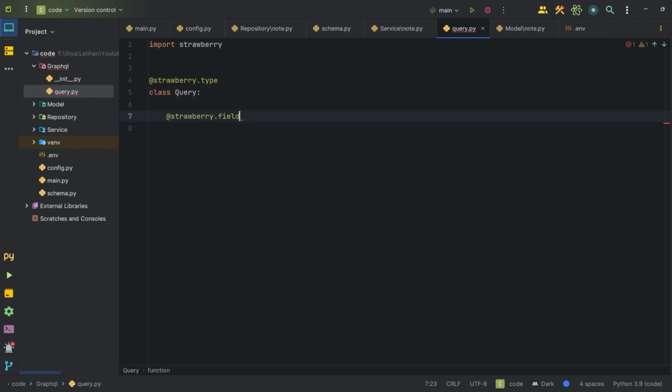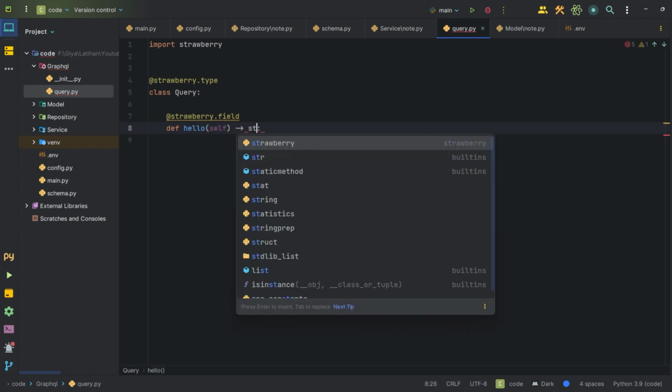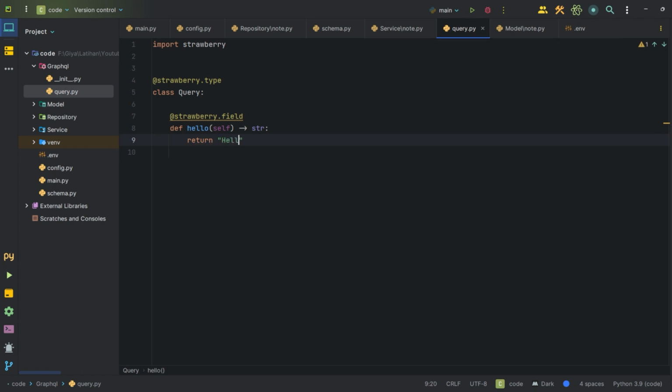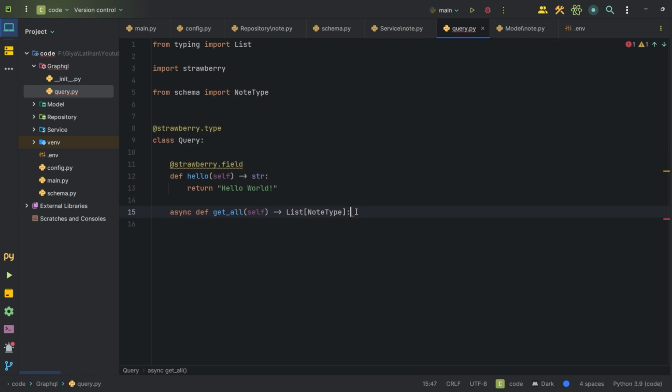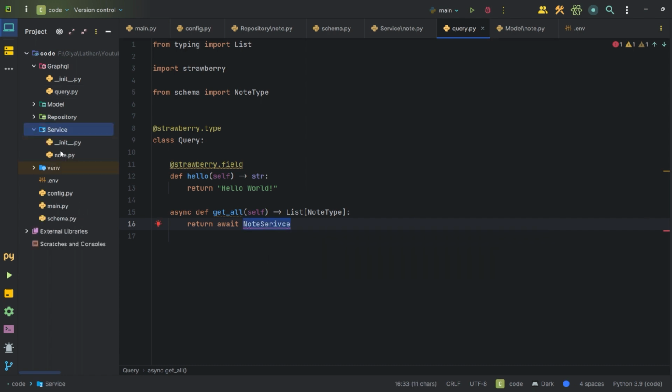Let's create an example endpoint called hello by implementing a hello function that returns a string. Don't forget to add the @strawberry.field decorator as well. Moving on, let's add a getAll function with the return type of a list of NoteType from the schema. Simply call the getAllNotes function from the note service class. Again, remember to include the